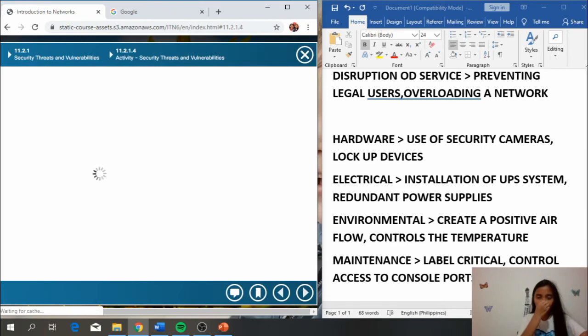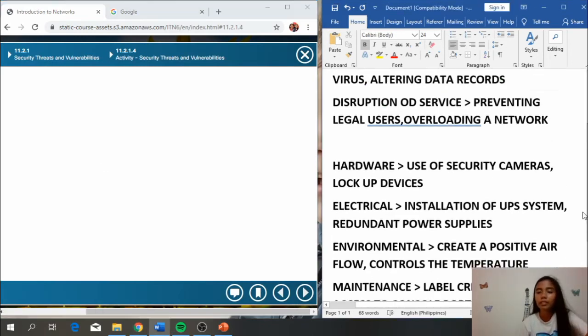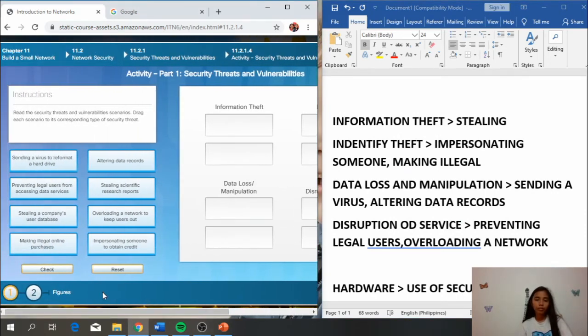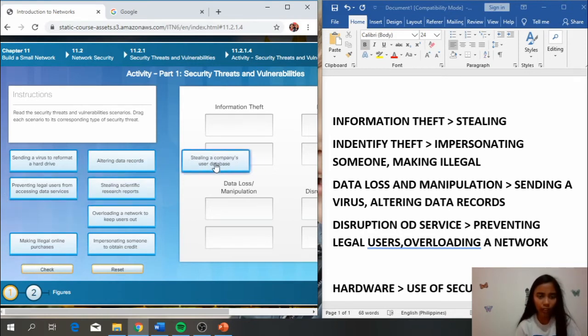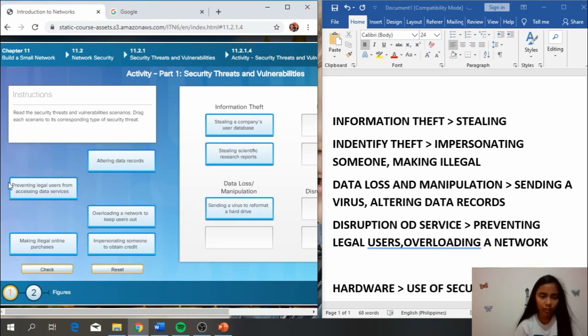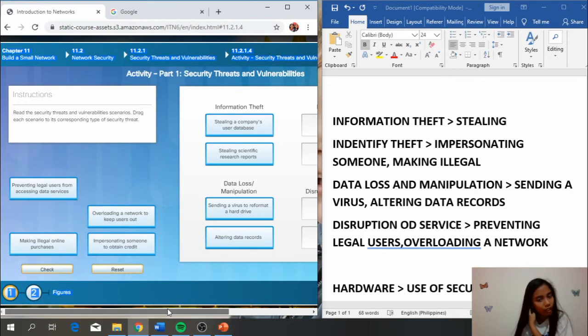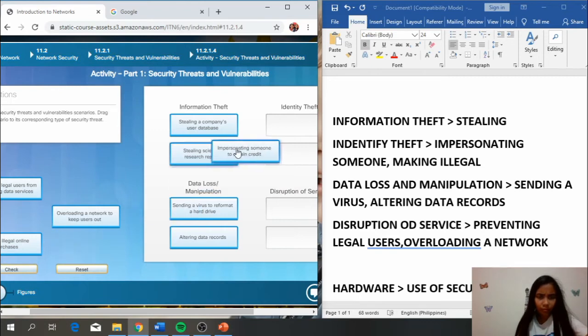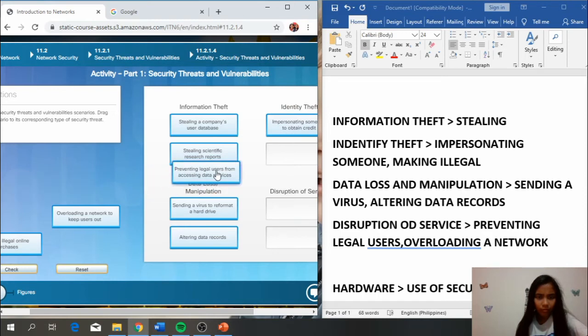Now let's answer this activity. For the information theft, we have the stealing, and for the data loss, we have this one. And for the identity theft,